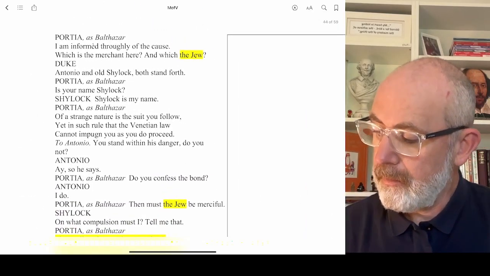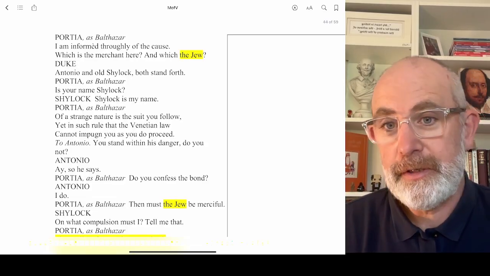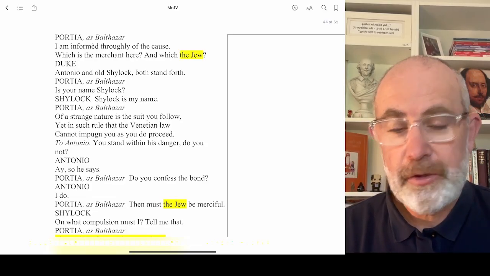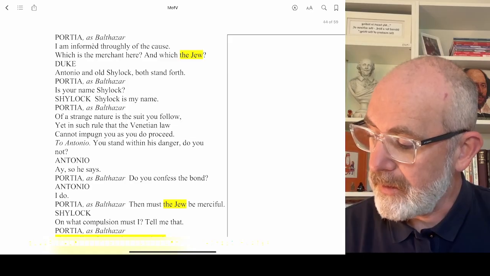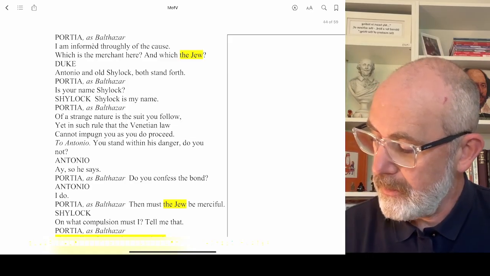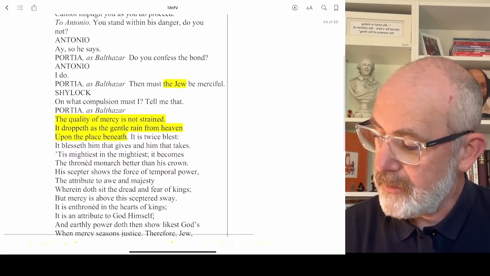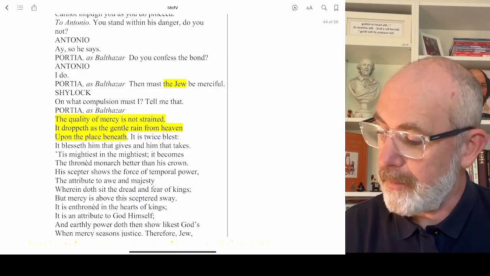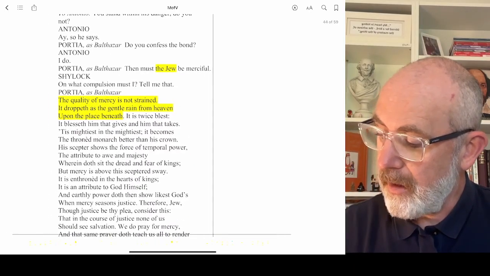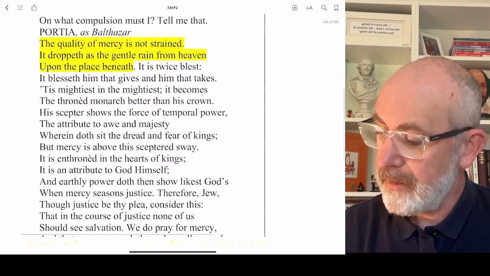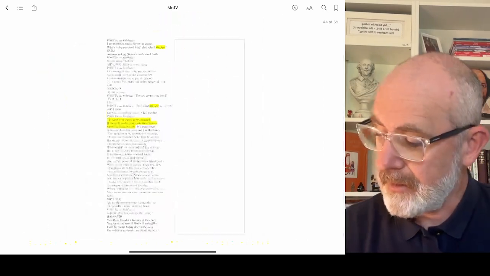Again, quickly, Portia using the same language, demonstrating the attitude to Shylock. "I am informed thoroughly of the case. Which is the merchant here, and which the Jew?" So she's introduced. She, as Balthazar, says the Jew must be merciful. Shylock says, "On what compulsion must I? Tell me that." And of course, Portia says very famously,